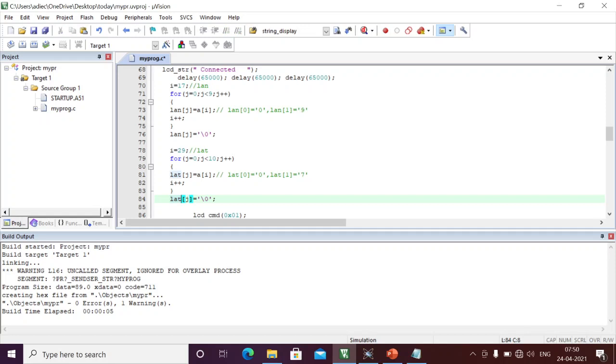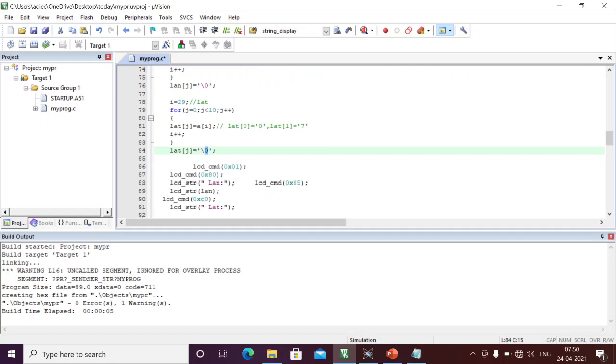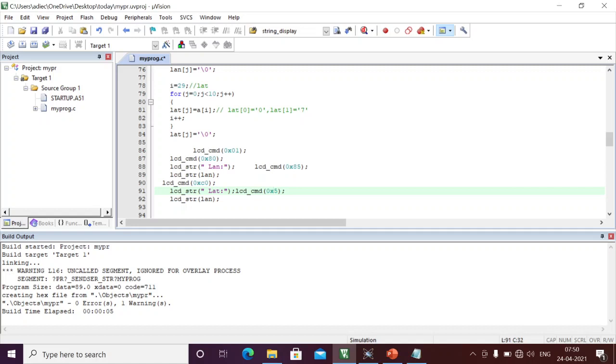See here, I'm going to pick up 0 to 9 characters, and the 10th character I'm filling with null. Similarly here, 0 to 10 characters, and the 11th character I'm filling with null character. So that we are forming two strings. Those strings I am just calling here. Similarly for the 85, similarly C5 also I should write. For the second row I'm displaying longitudinal data, and here we should write this is a longitudinal data, this is a lat. In the first row I displayed the longitudinal data, and in the second row we should display latitudinal data. Here we are displaying clearly.